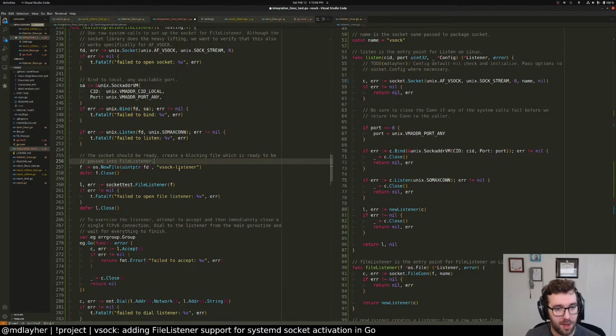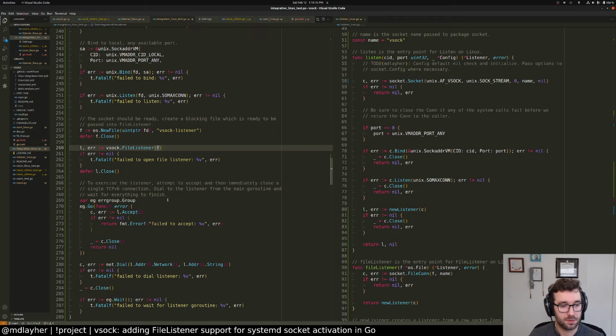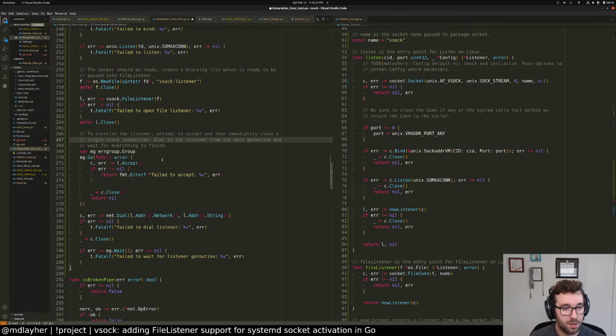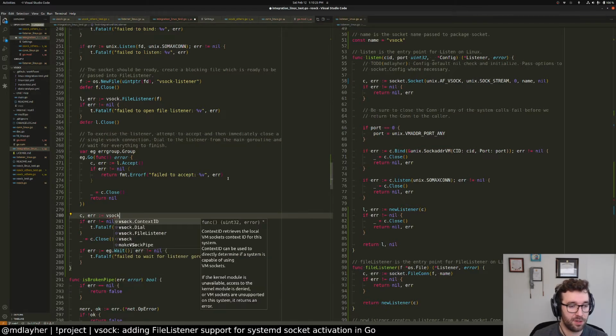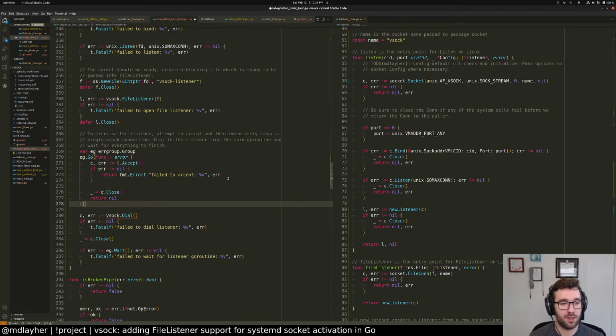Socket should be ready. Create a blocking file, which is ready to be passed into file listener. Yep. vsock file listener F. Nearly close a single vsock connection. And otherwise, this code's exactly the same. Instead of calling net dial, we call vsock dial. So vsock dial to, actually, the address of the